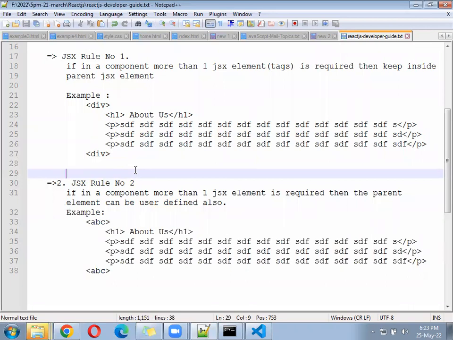So you can say now ABC becomes the parent element and the remaining ones become child elements.